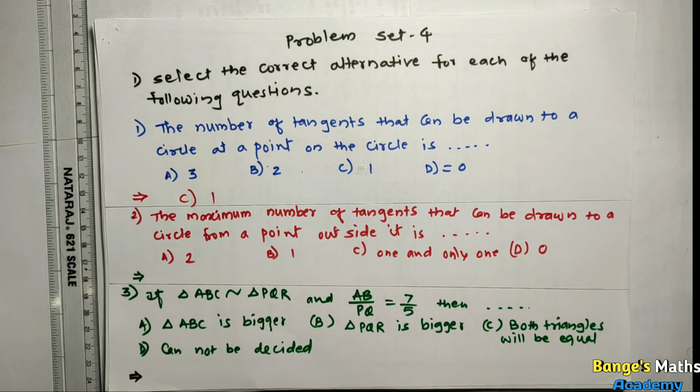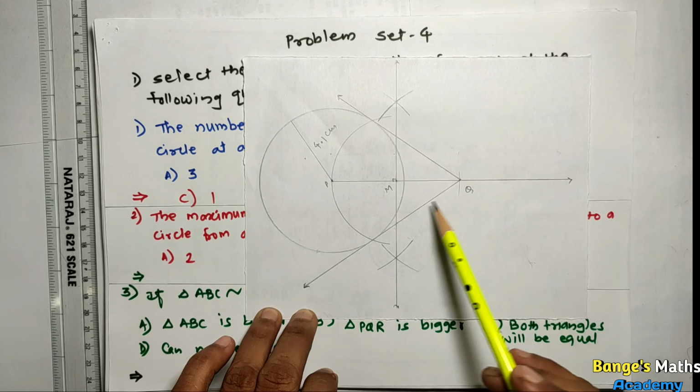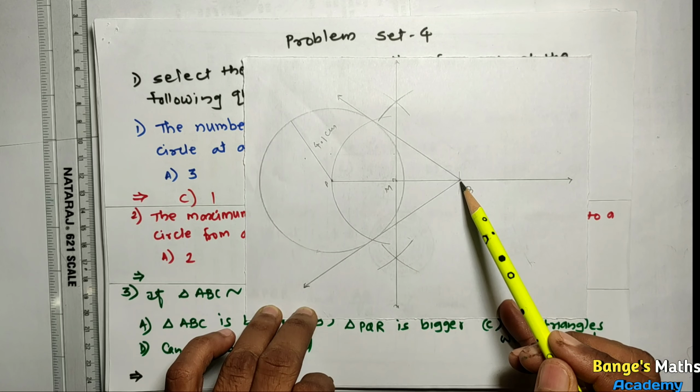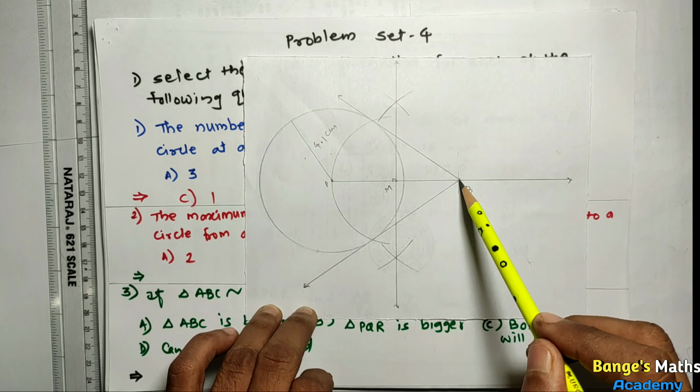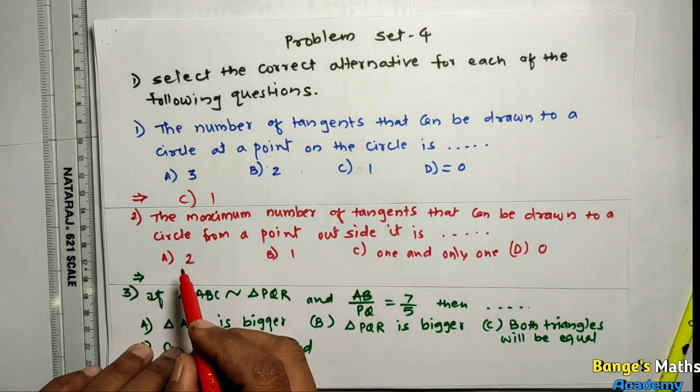Then see next question. The maximum number of tangents that can be drawn to a circle from a point outside it is option A 2, option B 1, option C 1 and only 1, option D 0. See figure for reference. We can draw two tangents from the exterior point. So our answer is option A,